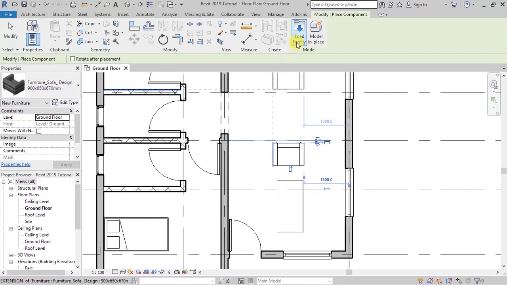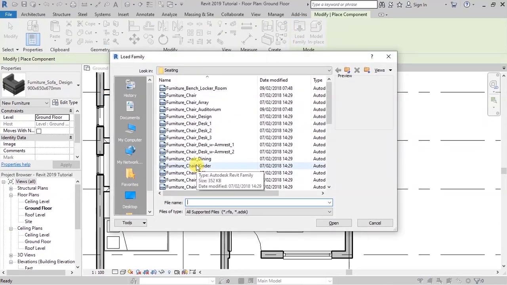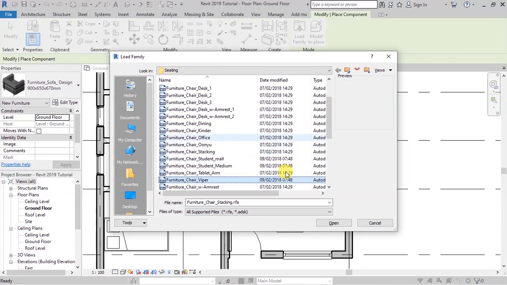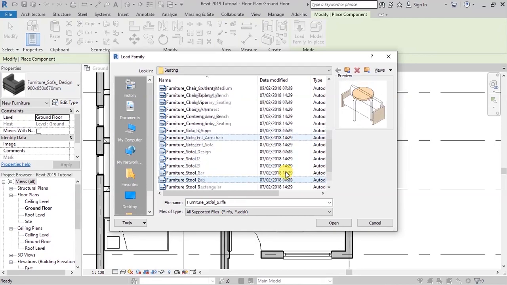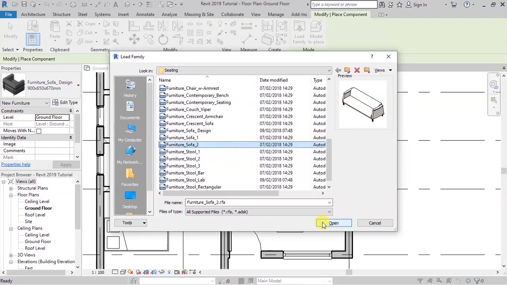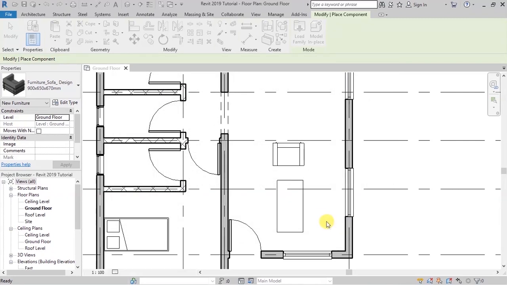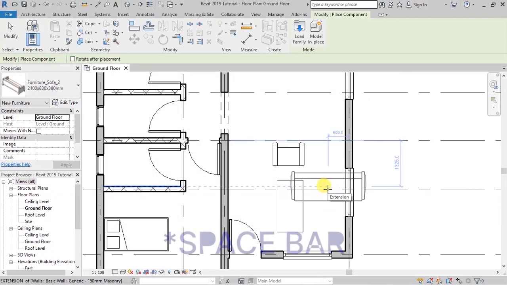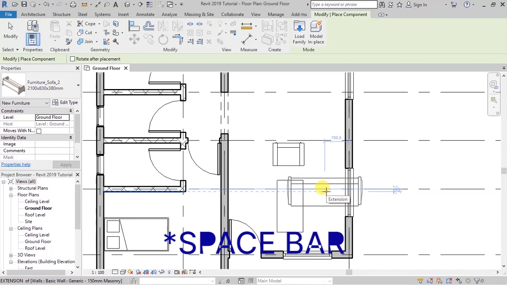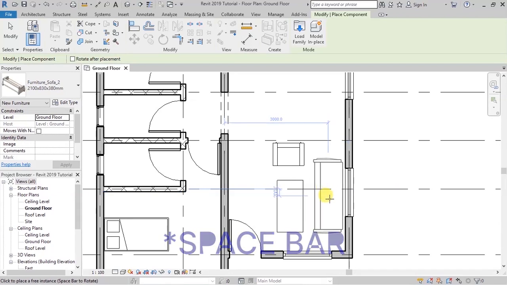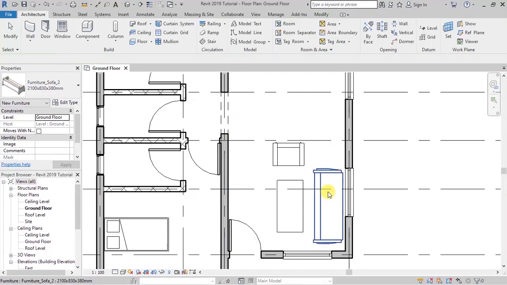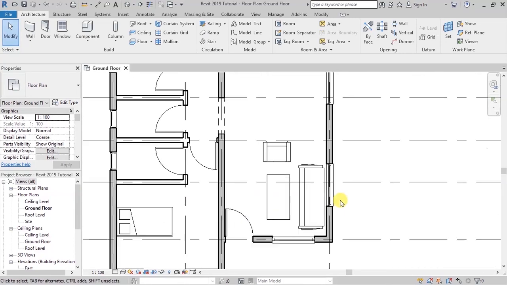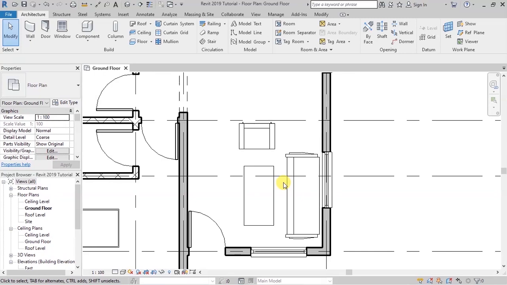Then click back to load family, and I want to have a bigger sofa. Let's say this one. Let's say we use this sofa. Click on open to load it to the project. Then we are going to place it here. So I want to press the space bar and rotate like that. Then we can move to place this at that point. Click on escape, and that is the first arrangement of furniture in that room, which is going to be our